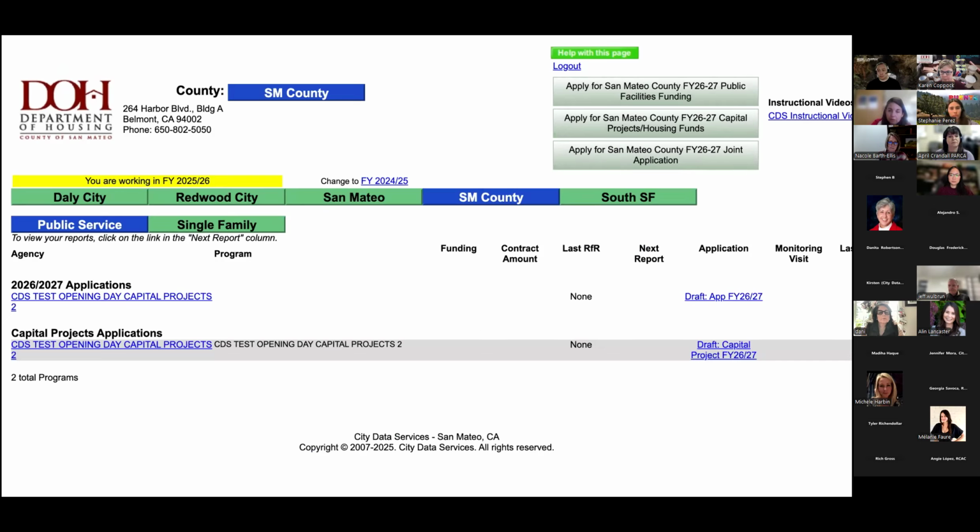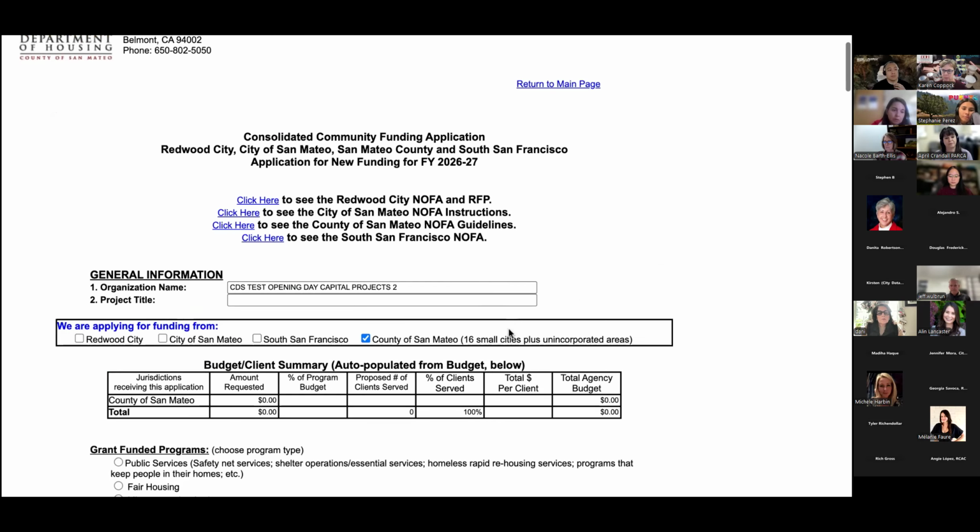But basically, it won't appear on your main page until you click into it, until you click this button. You got to save the application as a draft, and then it'll appear on your main page. Clicking this won't make it magically appear on the main page. You have to click it, save it, and then it'll appear here. So once it does appear here, you'll be able to click into the application from the main page. So where it says draft application FY26, I can click on that. It'll take me to my application.